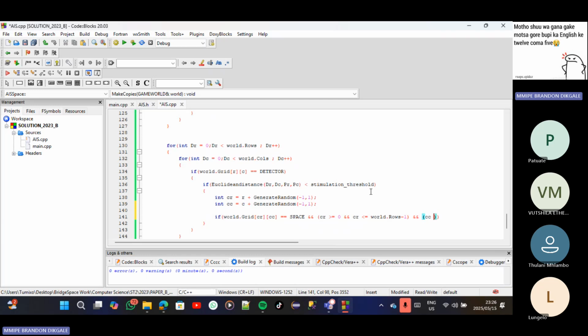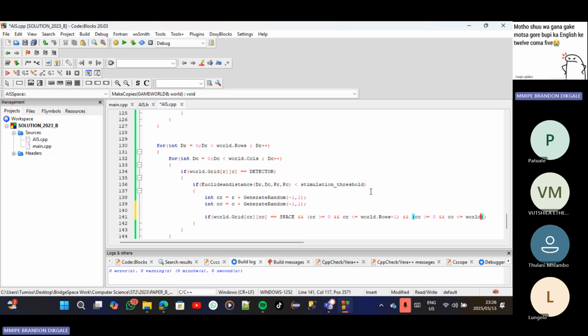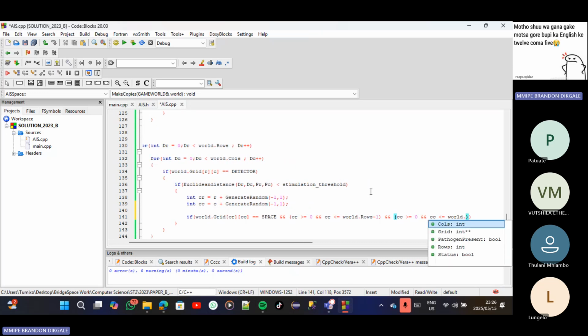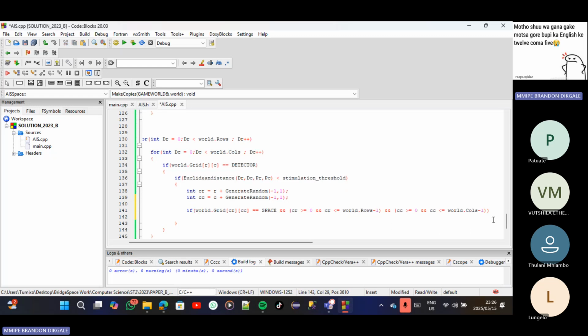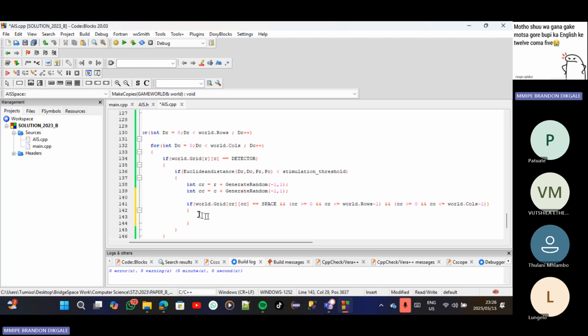If CC is greater than or equal to 0 and CC is less than or equal to world dot calls minus 1, so I check if my location is within bounds. Then I check if where I'm going there is space. So if these conditions are true, I'm within bounds and there is space, then that's when I place